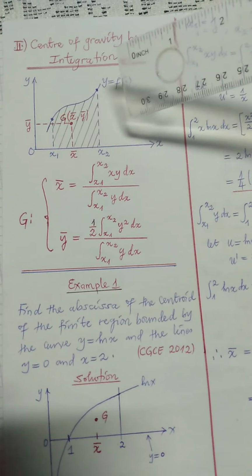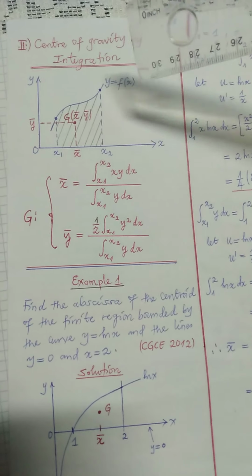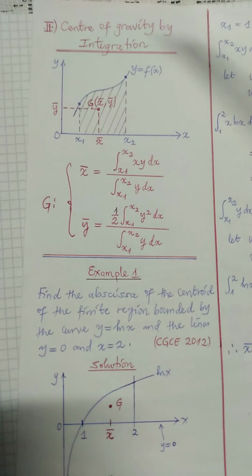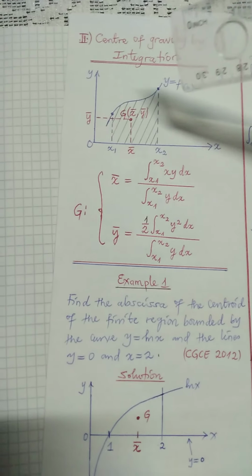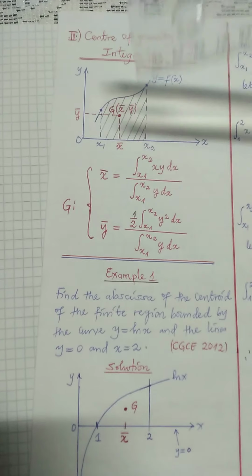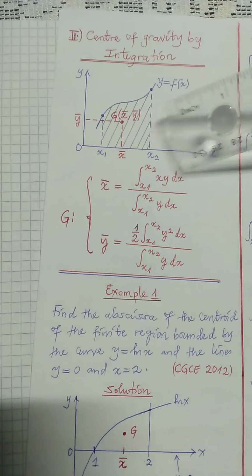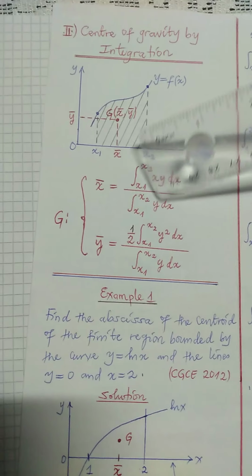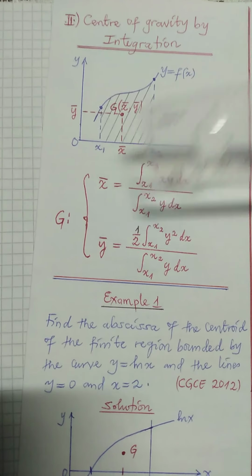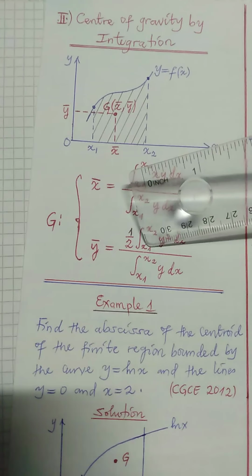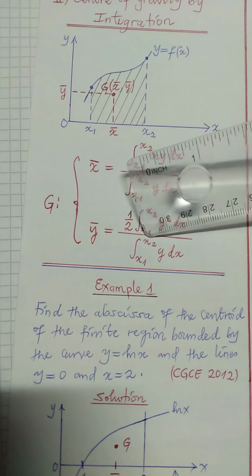The derivation of the result for x bar and y bar is not really necessary at the advanced level. All you need to know is the formula for evaluating that. At the higher level in the university, you shall see how to prove the formulas. So G has coordinate x bar equals the integral from x1 to x2 of xy dx on the integral from x1 to x2 of y dx, while y bar has expression half the integral from x1 to x2 of y squared dx